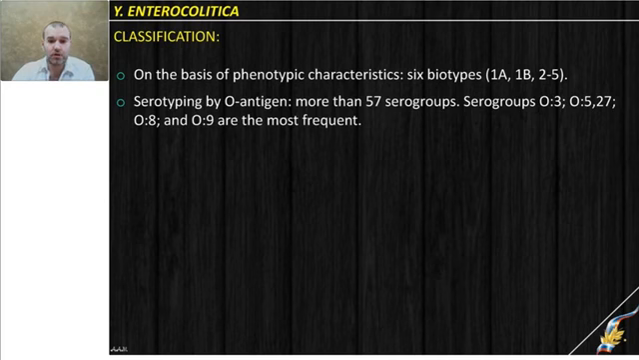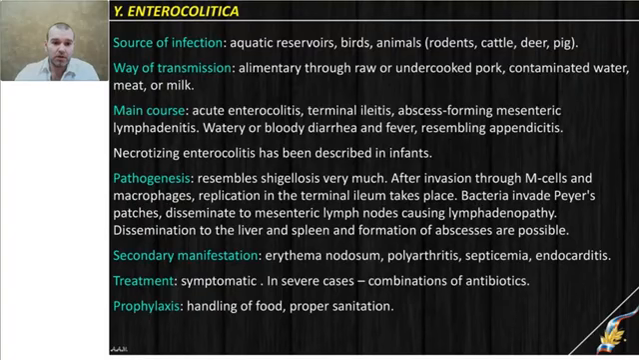So, according to different properties, the bacteria are classified into biotypes and serotypes. According to biochemical and physico-chemical properties, bacteria are classified into 6 biotypes, 1A, 1B, and 2 to 5. And according to the structure of the O antigen, more than 57 serogroups are identified, and only a few of them are most frequent in clinical practice. This is important for epidemiological purposes, but in clinical manifestations all bacteria will cause the same disorder. The most frequent pathology caused by Yersinia enterocolitica is, as is obvious from the name,